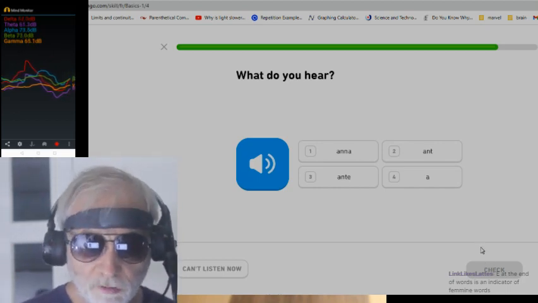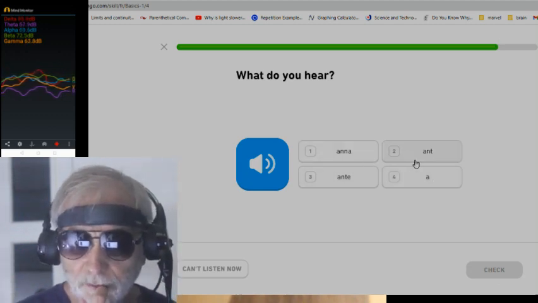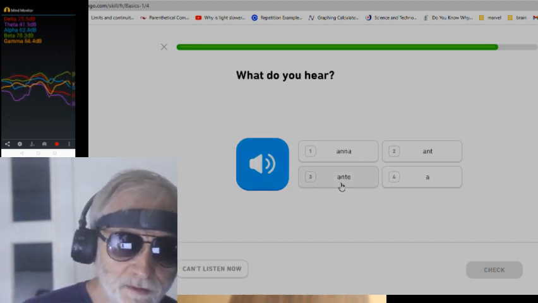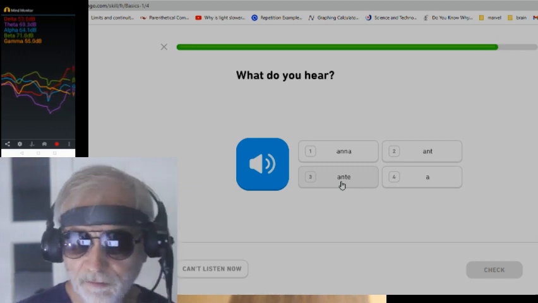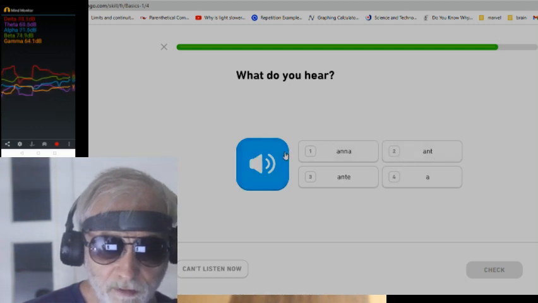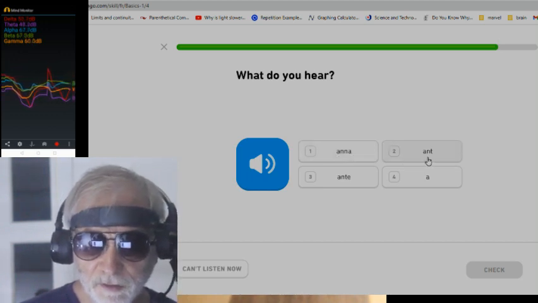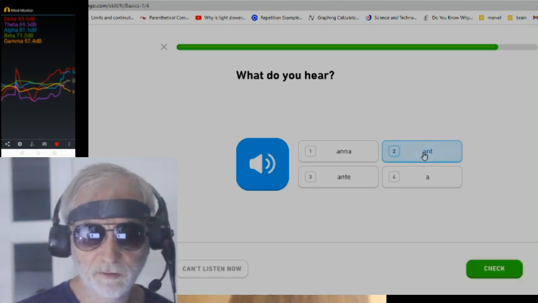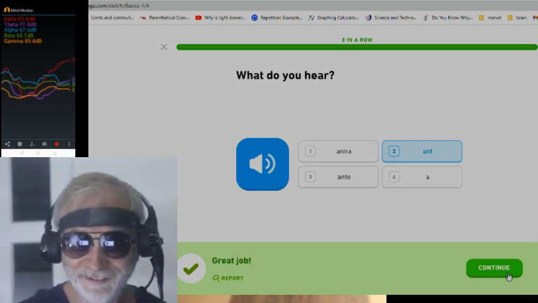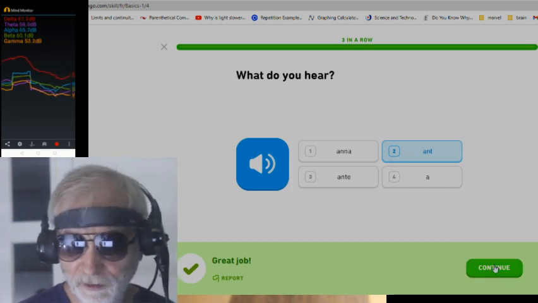I always get this wrong. It sounds like but is it an ant maybe? Let me play that again. What is the word? Ant? I click there and I always get it wrong. So I'm going to try another thing. I'm going to guess maybe it's not Anna. Could it be an ant? I got it. It's an ant. Okay. I wonder if that's right. Maybe I should report it. It doesn't sound like that's the word for ant, but